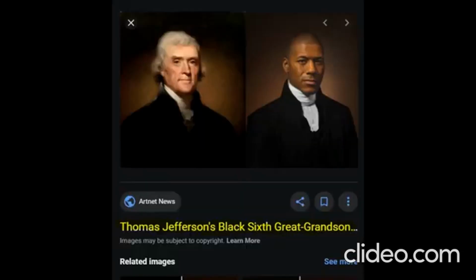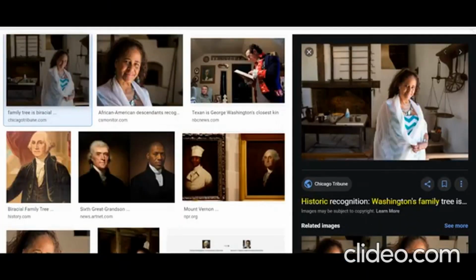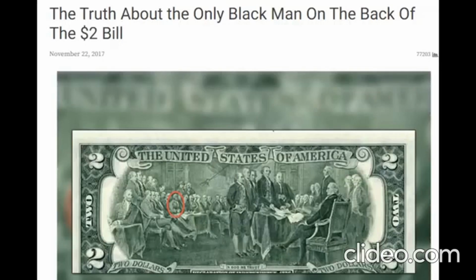Going on, here is Thomas Jefferson. And this is a picture of his 6th great-grandson. And he's a black man. Okay, you go on to George Washington, and you see his family. And his family are black as well. Take you on to the $2 bill. Now, there's a black man on the $2 bill, and it brought up a lot of questions, of course. A lot of people say that it was John Henson that was on there. John Henson had